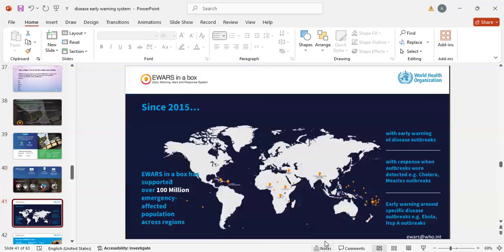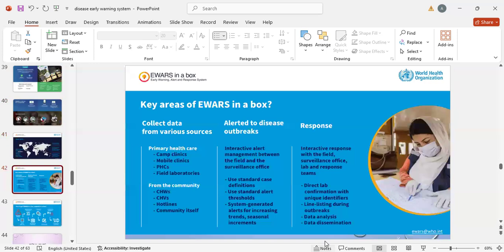eWARN in a Box. Since 2015, eWARN in a Box has supported over 100 million emergency-affected population across regions with early warning of disease outbreaks, with the response when outbreaks were detected. For example, cholera, measles outbreak, early warning around a specific disease outbreak, Ebola, hepatitis A outbreak. Key areas of eWARN in a Box: data collected from various sources, primary health care, and from the community, alerted to